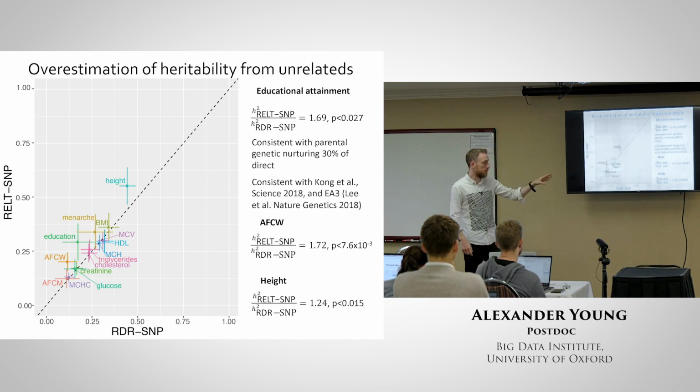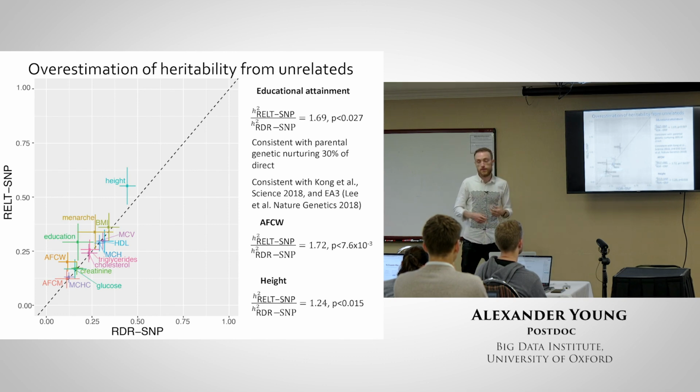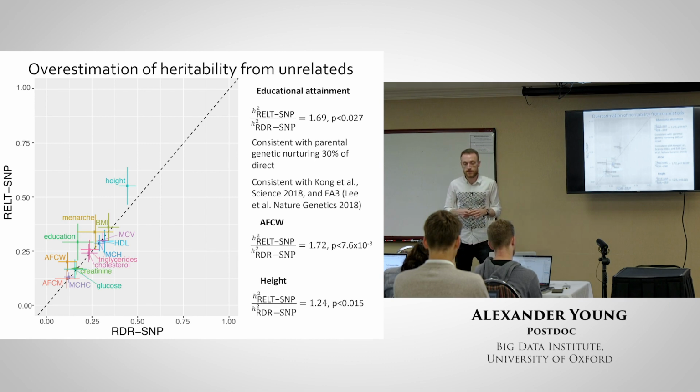There's probably some contribution of assortative mating to this, but at least for educational attainment, this ratio of the two effect estimates is very consistent with what we estimated as the indirect genetic effect from the polygenic score. It's also consistent with some of the within-family analyses done in EA3, although they seem to be estimating a much stronger indirect genetic effect than we had in Iceland. So there's a question of whether that's because of the British class system or something, and Iceland's a very egalitarian country, so maybe this is smaller.